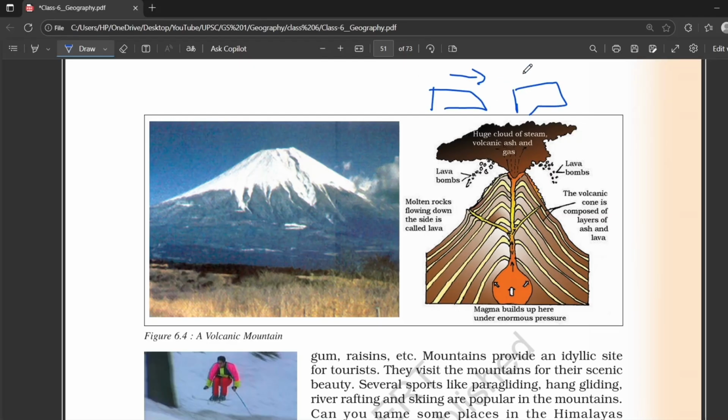The heavier plate goes inside; we call it subduction. It mixes with the magma inside the mantle in here. The magma rises upward and comes out through an opening called a vent. This is the vent, and this is also a vent, and this creates a volcanic mountain. Convergent volcanoes are usually explosive because sometimes the lava comes steadily, but at another time the pressure increases suddenly and it erupts violently. At the divergent boundary, when two plates move apart,